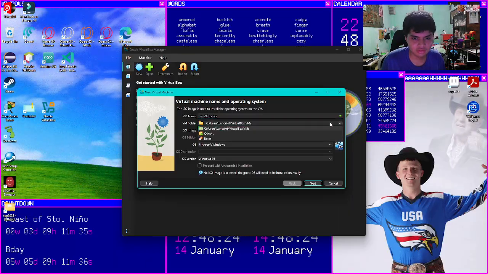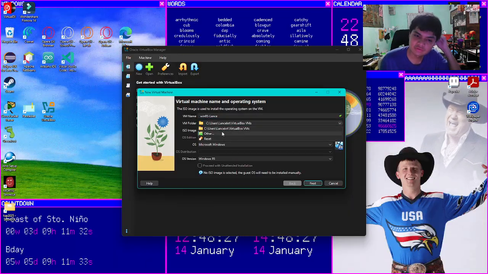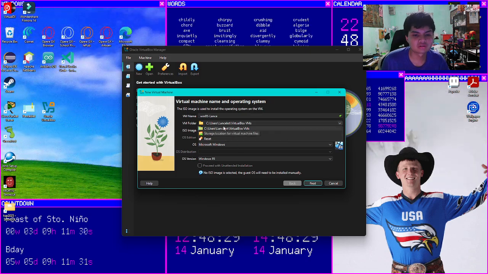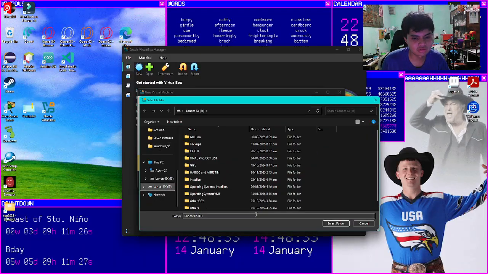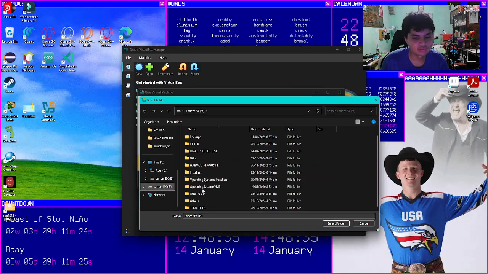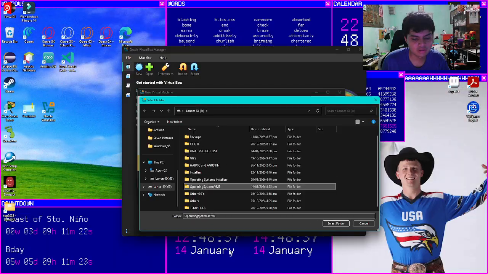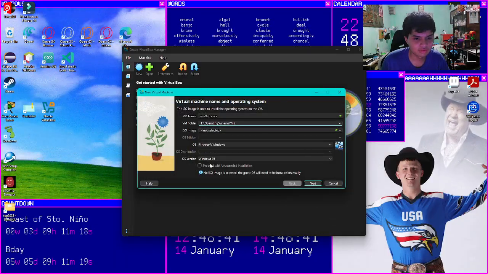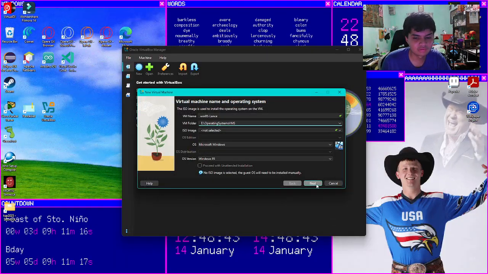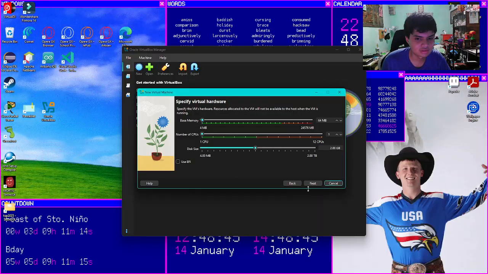Then you can choose the VM folder, the VirtualBox folder if you want. There is a default directory, but I want to use another directory since I'm using an external drive. So here I'm going to use this directory for my virtual machine. Then if everything is good now, we have Windows 95, Windows, and press next.